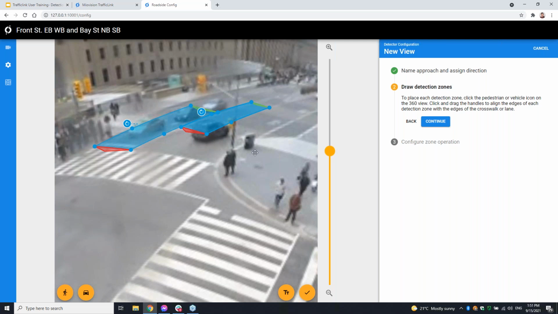If they turn towards the right or turn towards the green here, it will drop the call or not even place a call, because the vehicle is clearly not going in the right direction, and our filters just ignore those vehicles. That helps with almost this exact example that we're seeing here. There's a van coming across the zone, but because it's going in the wrong direction, it's not going to place any false positive or any calls on the zone.